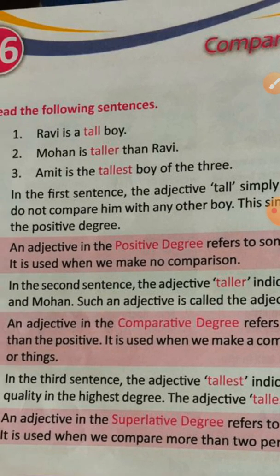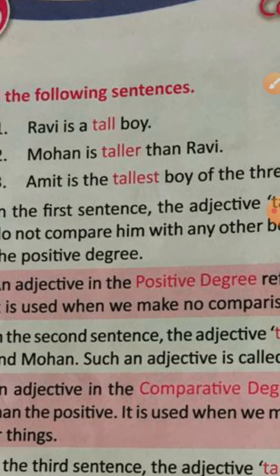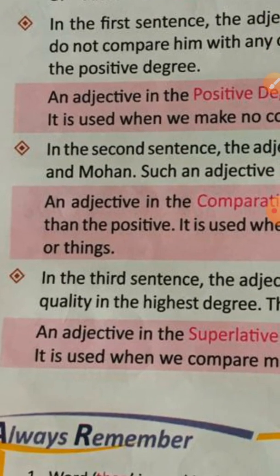So adjectives, I hope you all are aware, are describing words. You can see here tall, taller, tallest. Tall is used for the positive degree, and taller is used for the comparative degree, and tallest indicates the superlative degree. And the identification mark I am also telling you: if we are using the comparative degree, we use than. If we are using the superlative degree, we use the before that degree. And for the positive one, we only use the simple word, that is tall. I hope it is clear to everyone.